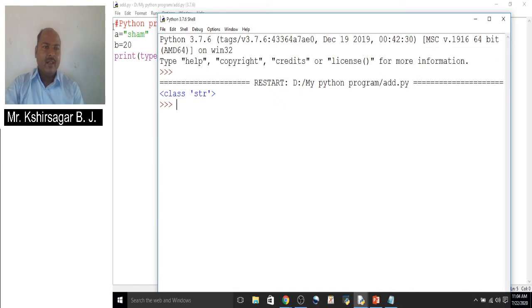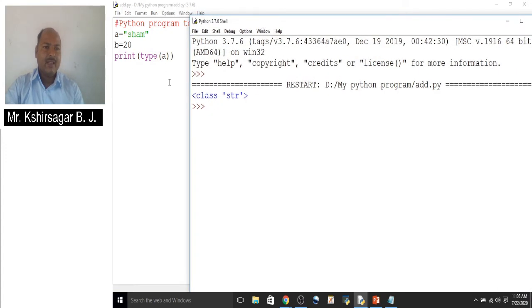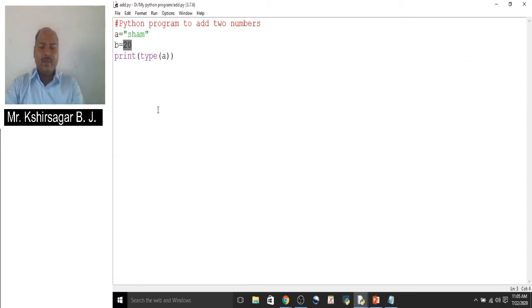So here a equal to Sham, we have assigned a string value to variable a. Now determine the class of a. The class of a is str, so it is of string data type.